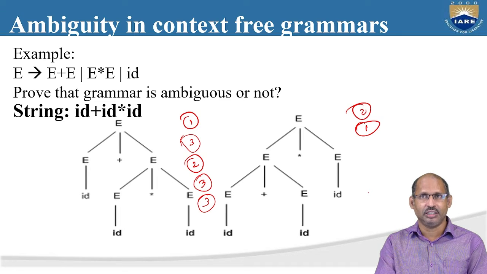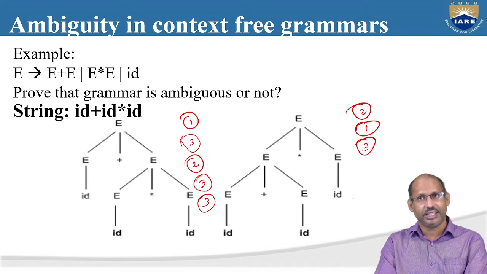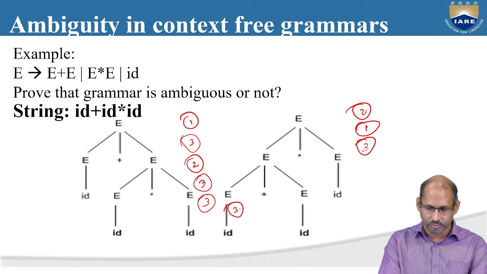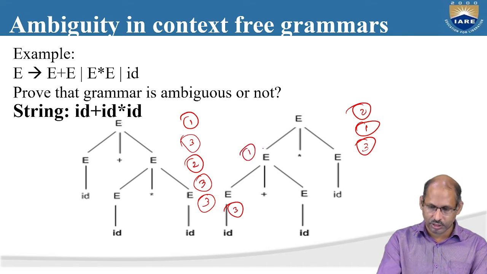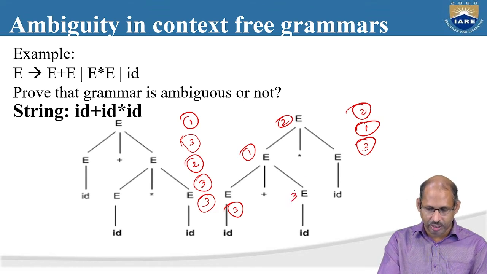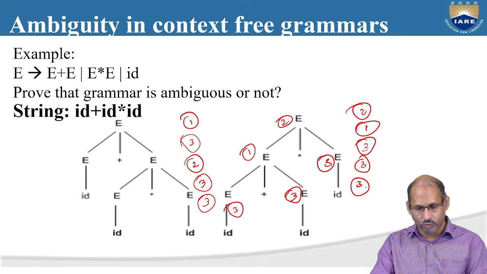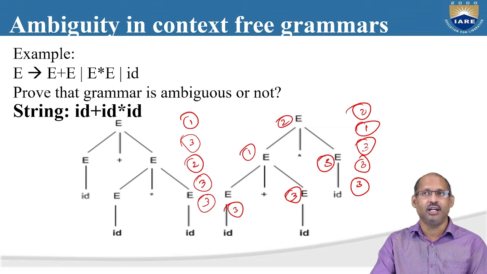Then E plus E. Then we applied the third one, E gives id. This is the first one, this is the second one. After that, once again we applied the third production, then once again the third production. So 2, 1, 3, 3, 3 is the order of applying the productions in deriving the given string in leftmost